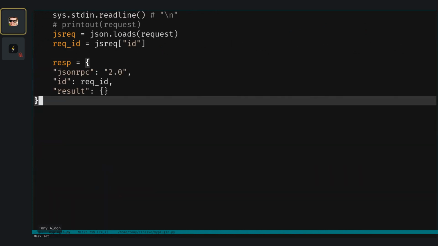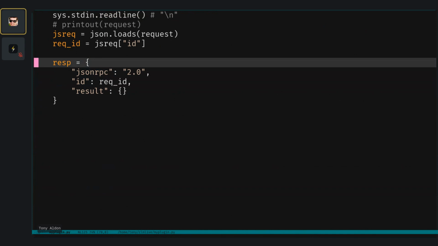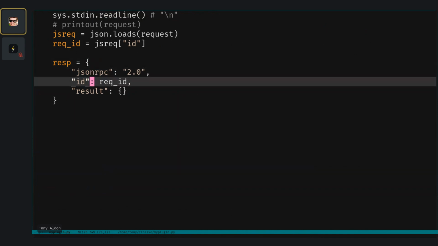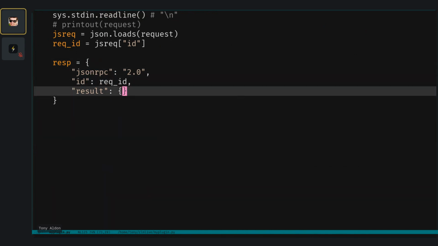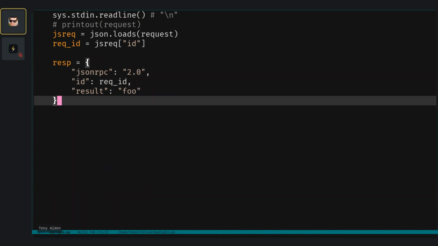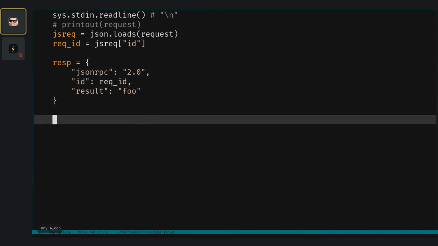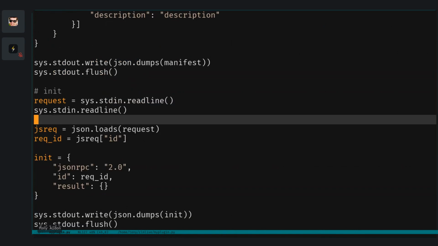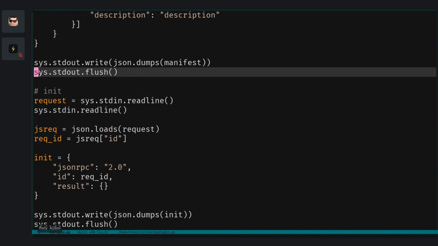We are going to construct the response that we want, the request ID, and the result here. We have nothing, but maybe we can put a foo. And this is almost everything. Now we might want to send it